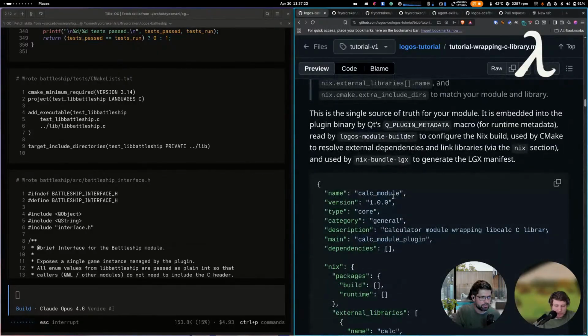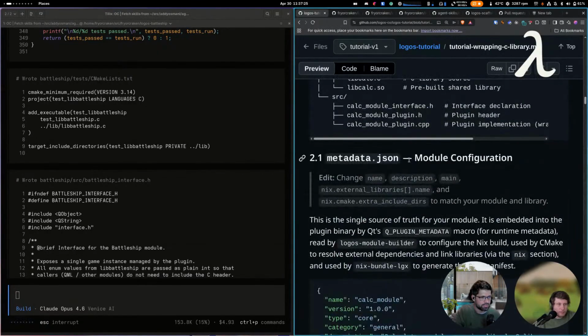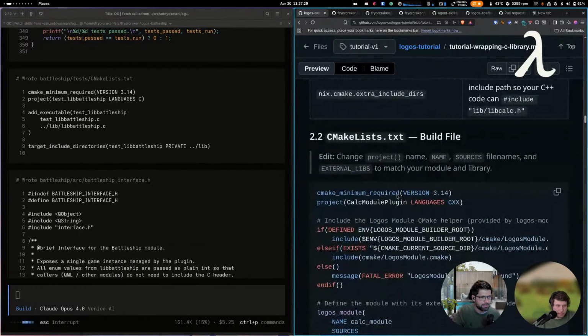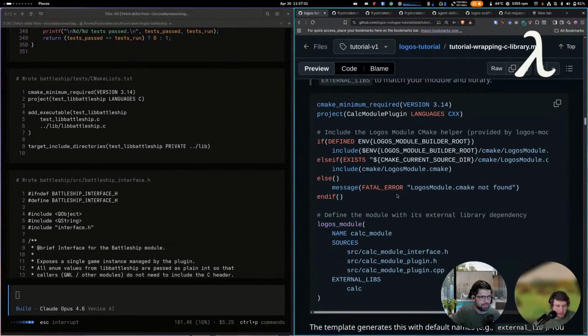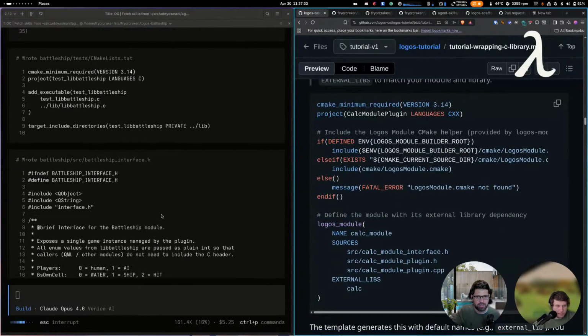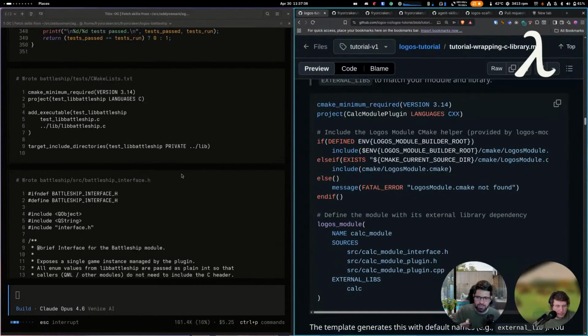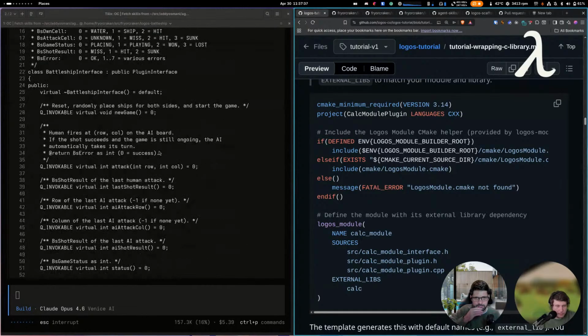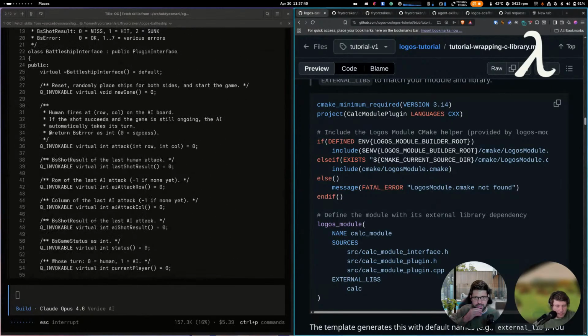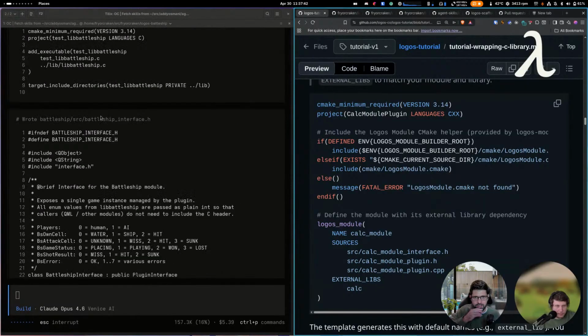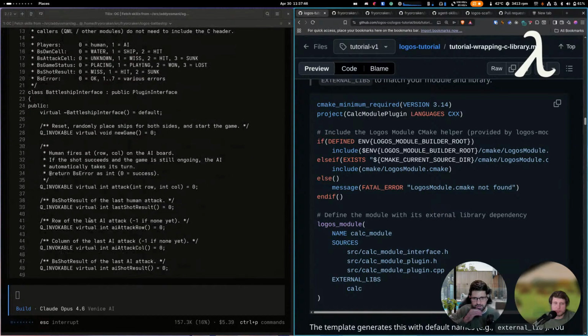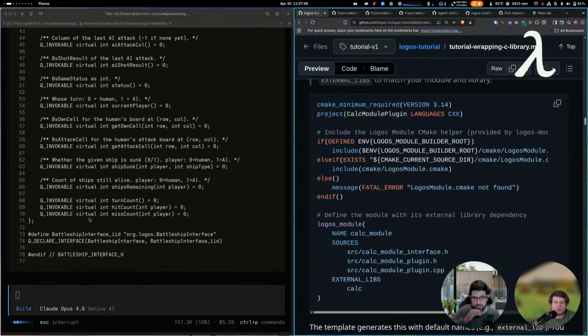And then for the Logos module, you have a couple of files to generate: one metadata JSON file and a CMake list file. And you can see it's a very short file to explain, okay, what file I'm looking at needs to be included. That's the interface now, where we start to have some Qt in there with QObject and QString, so you can use it from the